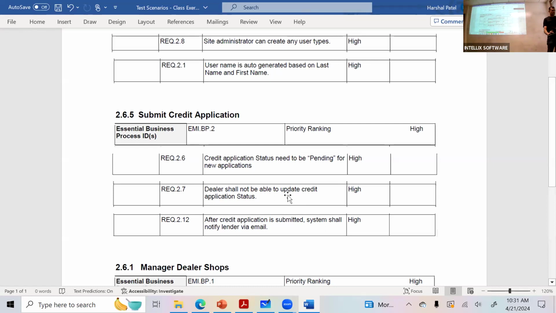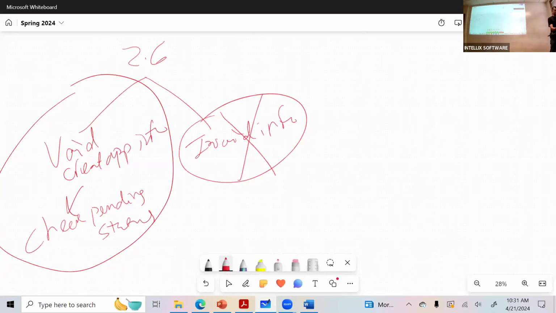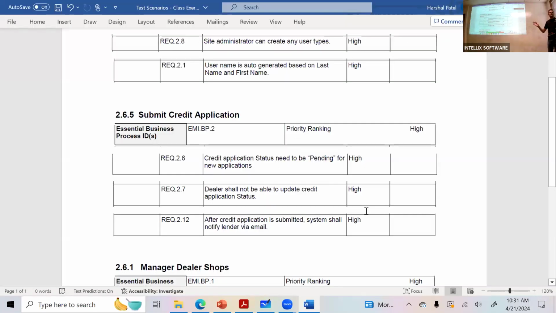Okay. All right, so let's talk about: dealer shall not be able to update credit application status. So 2.7. Okay, somebody explain to me in plain English, what is it trying to do here?